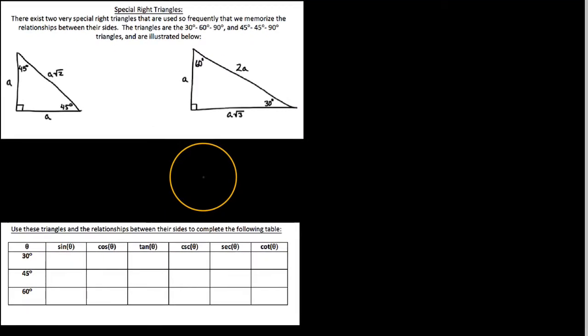Okay, YouTube, in this video we are going to confront these special right triangles. We call these special right triangles because the relationships between the sides of these triangles and their inner angles are extremely common. So common that after watching this, I hope you make some flashcards. We're going to populate a table down here for the values of, say, sine, cosine, tangent, and their reciprocals of 30, 45, and 60. But I hope you memorize these values because they often come in very handy when talking